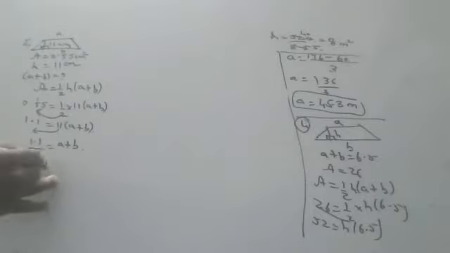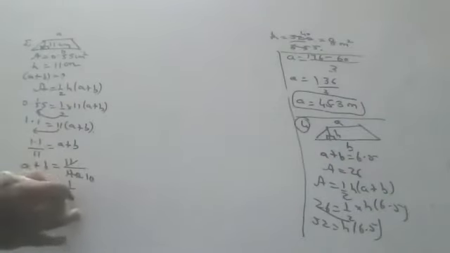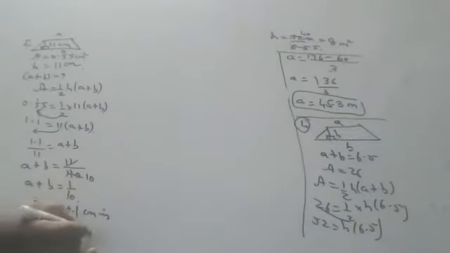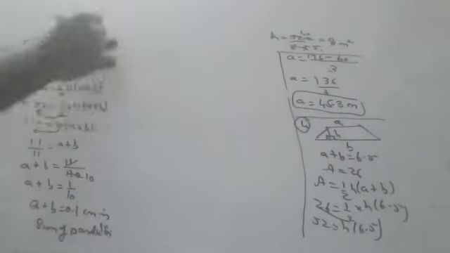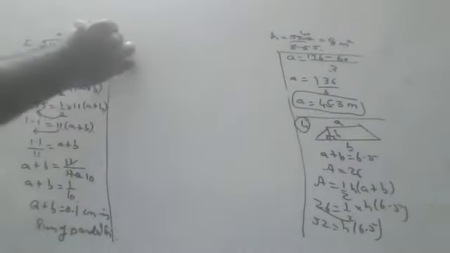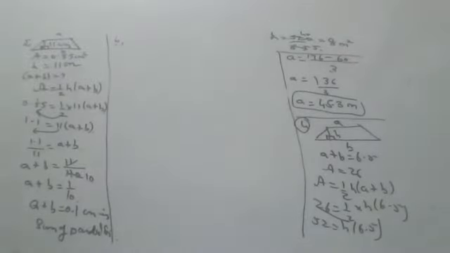So a plus b is equal to, if you remove the point, 10 will come down. 11 by 10. 1 by 10, sir. 1 by 10 is how much? 0.1, sir. Yes, 0.1 centimeters is the sum of parallel sides. This plus this is 0.1. Okay. Whomever I ask should be ready to say, children. All of you be alert. I will ask anyone, my wish. Please see here. Next one.